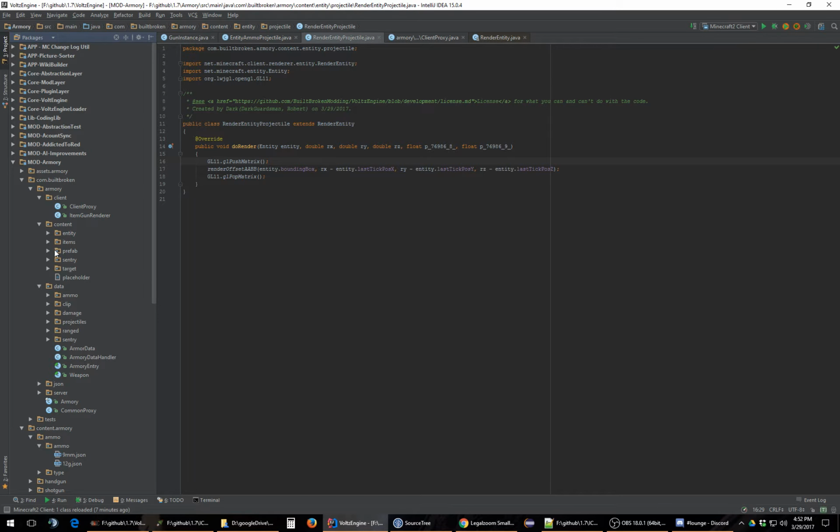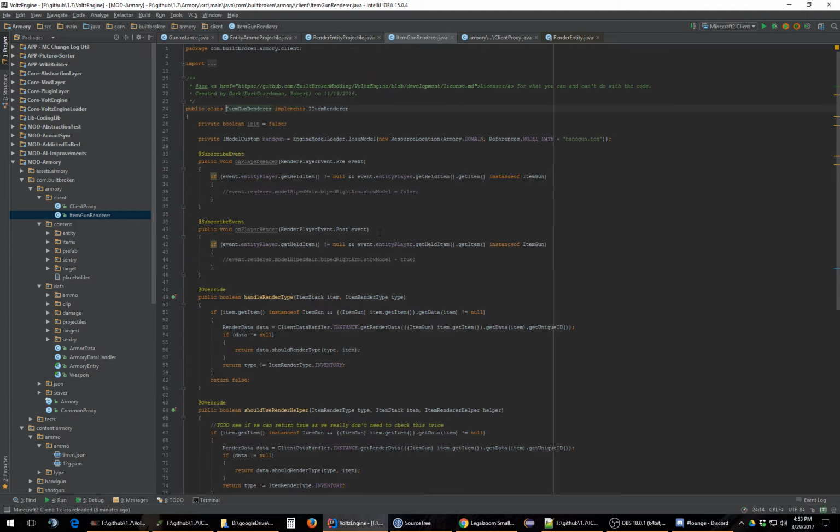And I'm trying to decide, do I want to register an entity render system that is global, so it's used by anything that has an entity, or do I want to make one unique for Armory Mod? And the question is, I'm probably going to have to do both. I'm going to have to make a master class that loads all the render data, and then make a subsystem like I do for how the guns work. So if we go find the gun,